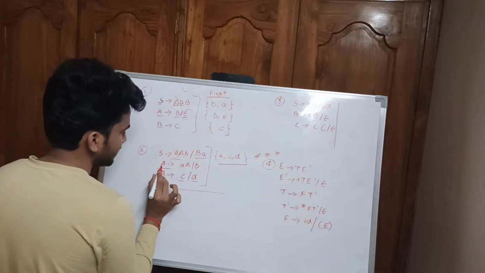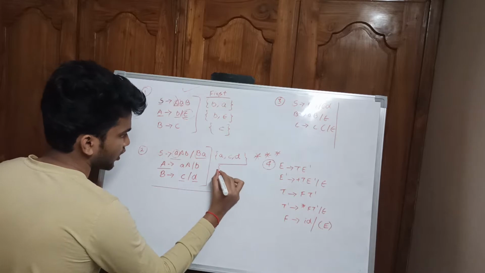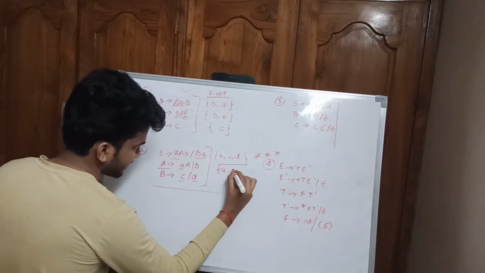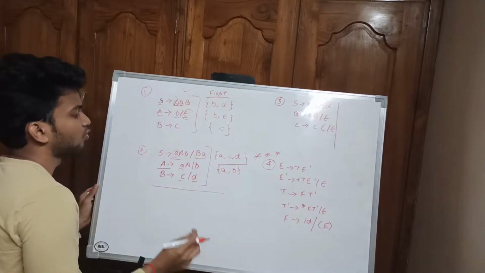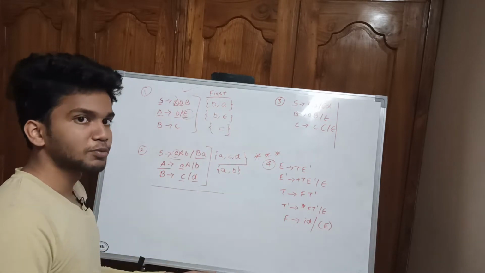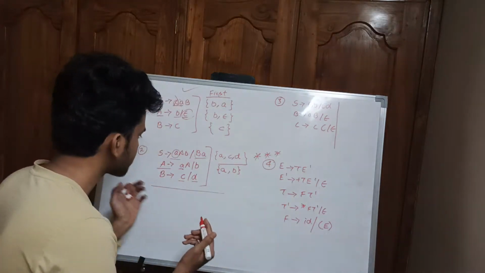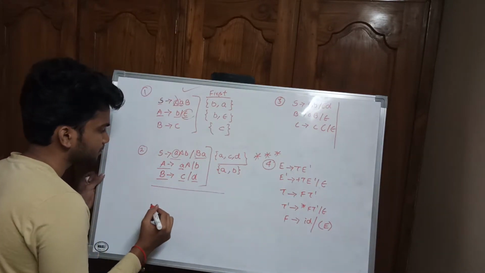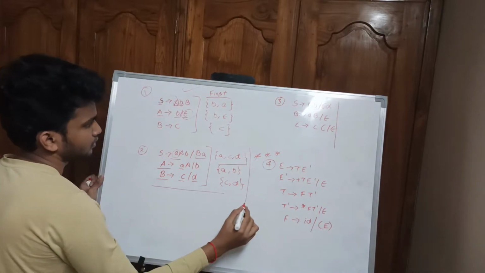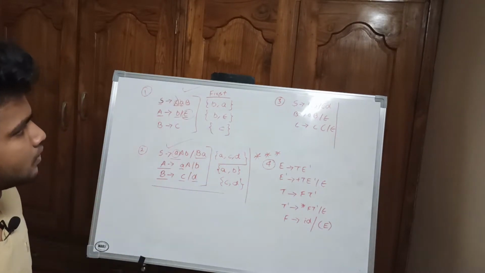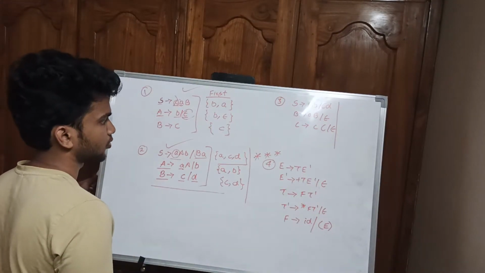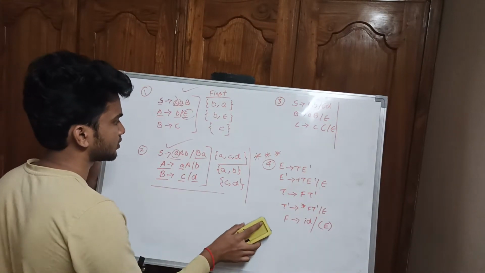And here First of capital A. So what is First of capital A? It will generate a, okay, or else it will generate b. That's all. Once you see the terminal symbol before all non-terminal symbols, then that would be the First of the particular production. Okay, and here First of B is c or d. So this is done. I will write here, the space would not be sufficient. If you want to make a note, pause the video and make a note.